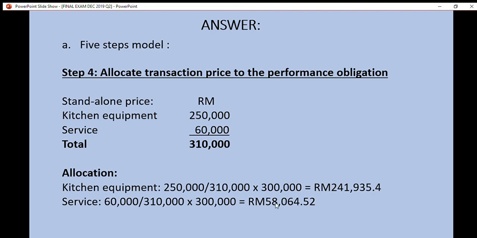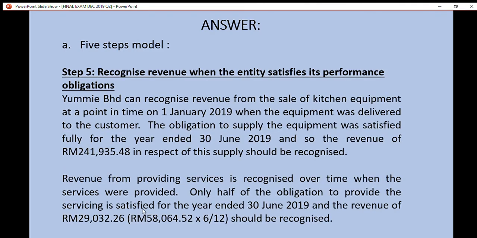We take 58,064 ringgit and 52 cents times 6 over 12 months. This is the amount of revenue that should be recognized for the services provided. So we are done with